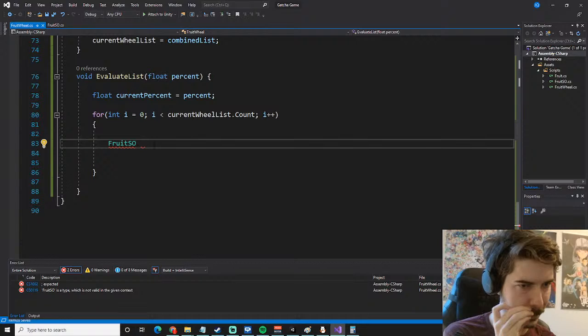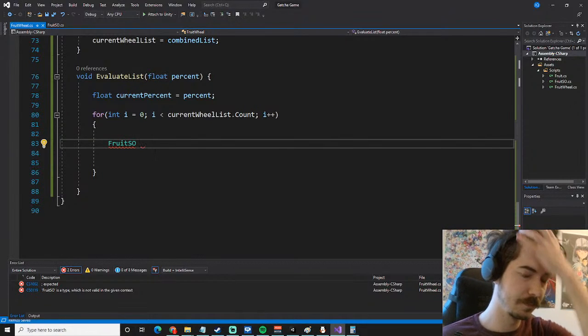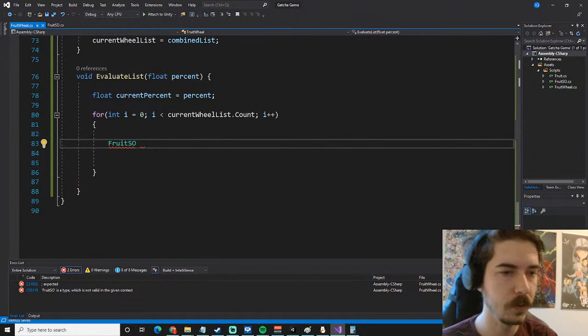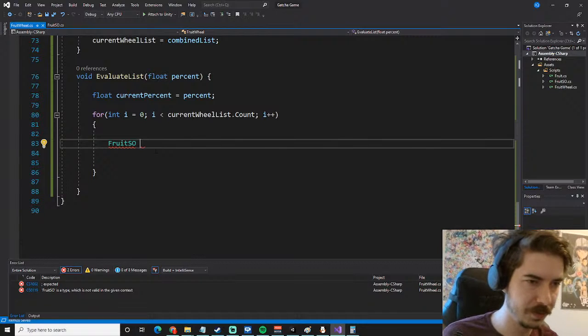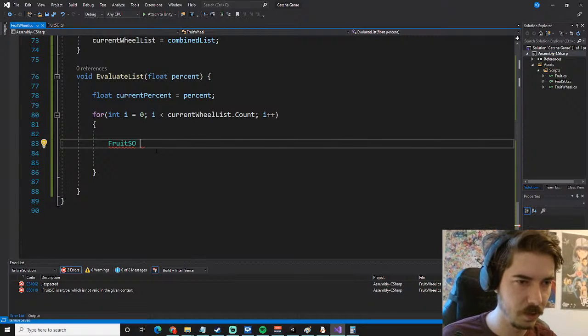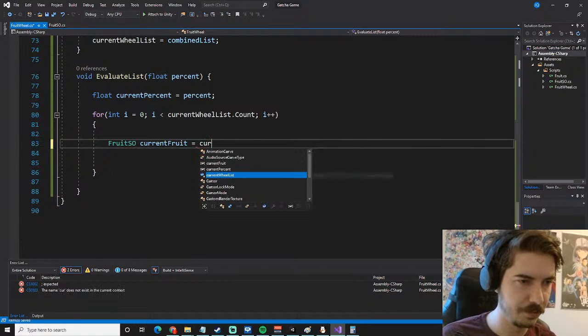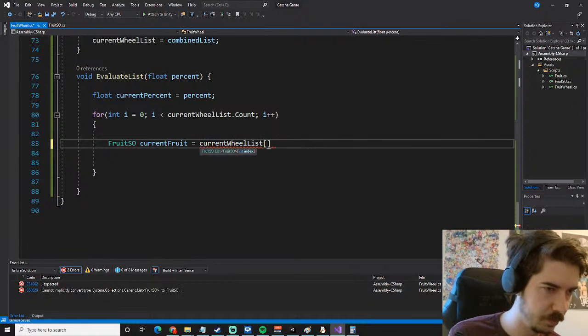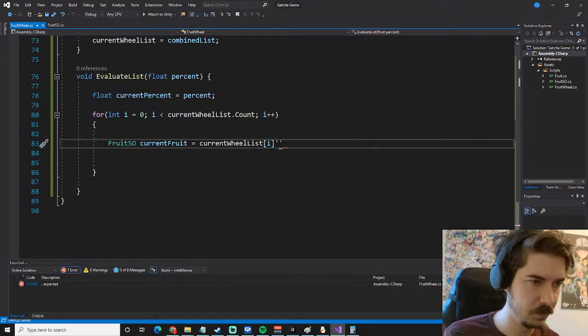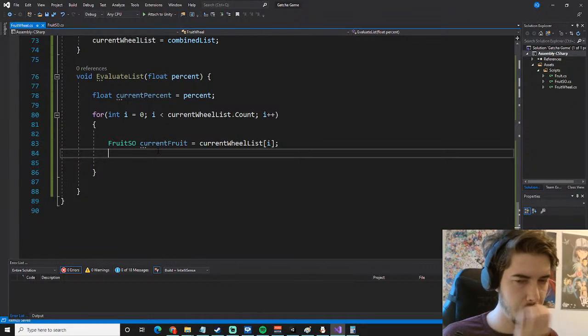Fruit SO. So we'll just take current fruit equal to whatever index we're on. And then